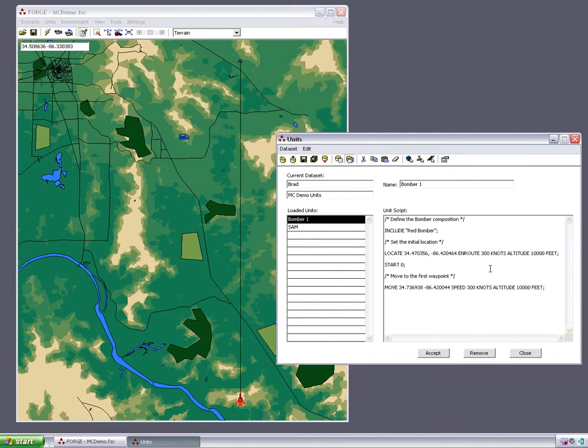I'm just setting something fairly simple, speed and altitude, but you could specify practically anything: the entire composition of a unit, the wingspan or weight of an aircraft, the rules of engagement. Anything that you want to study can be specified through a scenario variable. I'm going to reference speed,